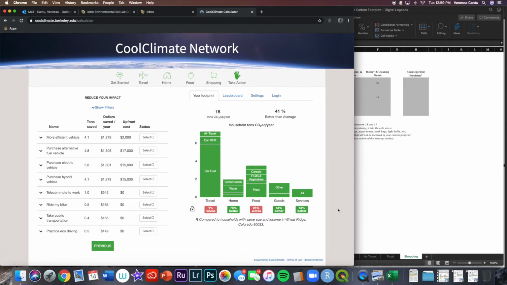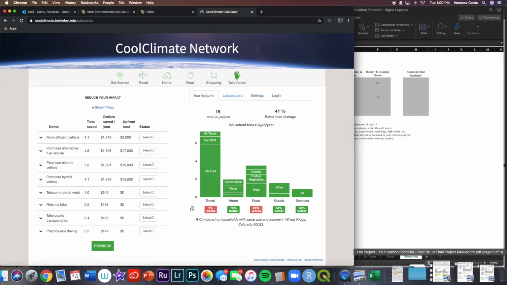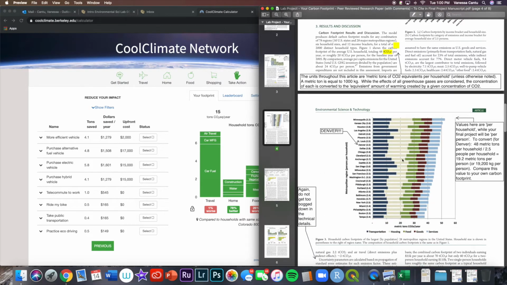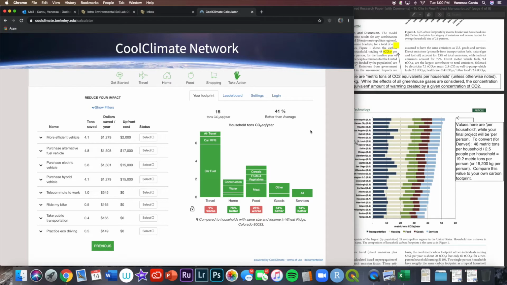This is what you're going to have as your final product. So because of everything that's been going on, you're probably going to get a value that is lower than what the average was in this article, which was 19.2. Write about why it's lower. Don't just say, oh, I'm doing fantastic, this is my lifestyle forever. It's obviously not your everyday lifestyle. We're in a unique situation, so make sure you discuss that in your final project, why your carbon footprint is